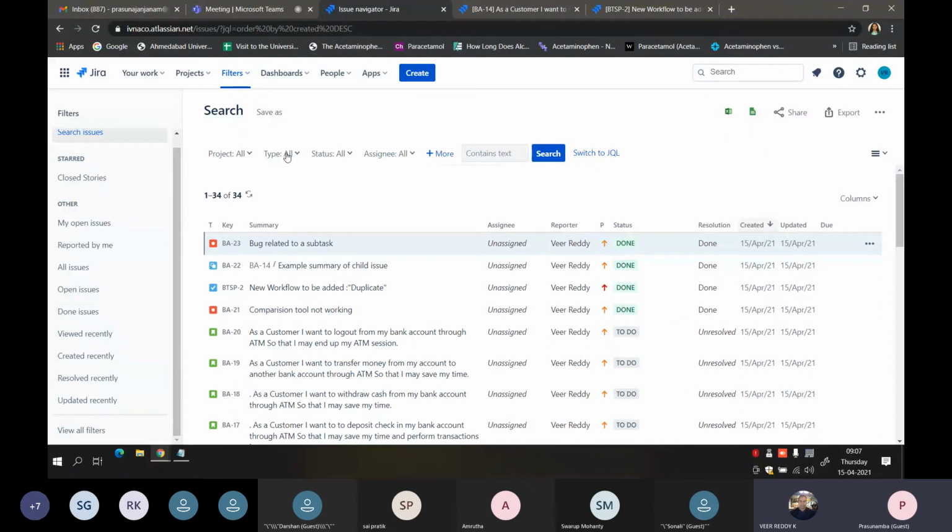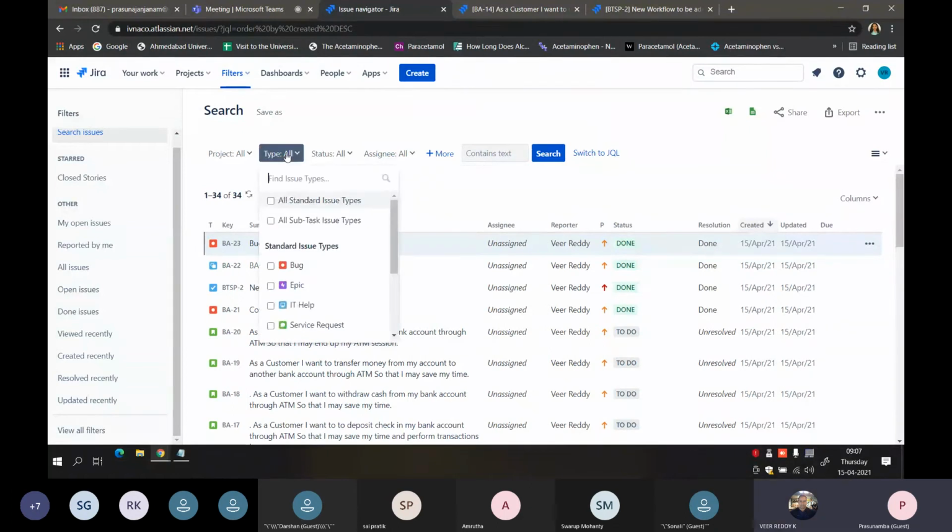And then when you come to type, you have these options.